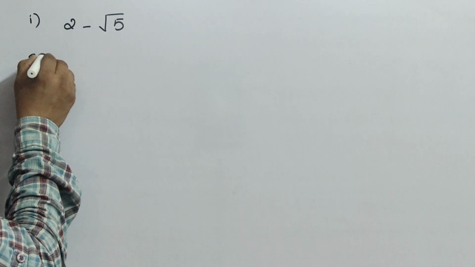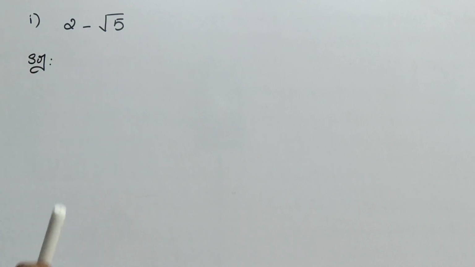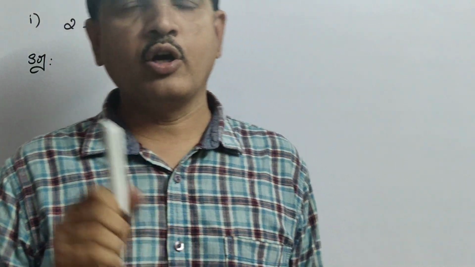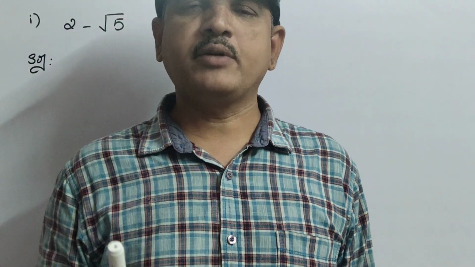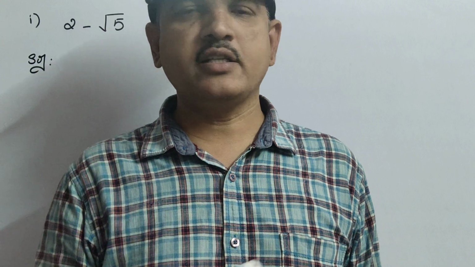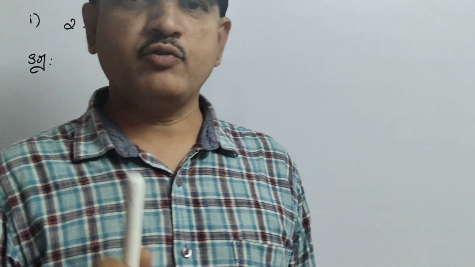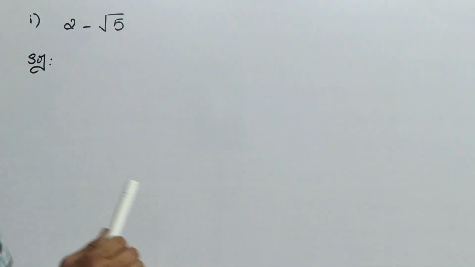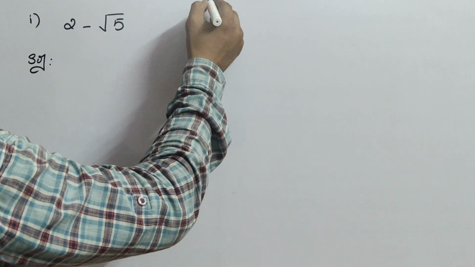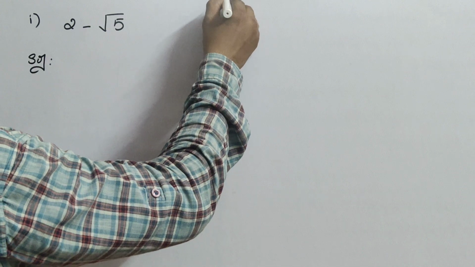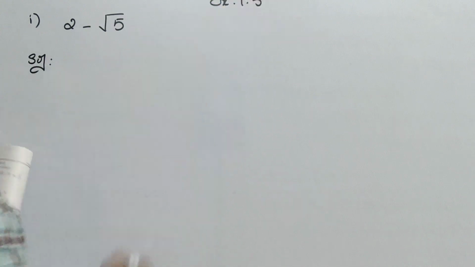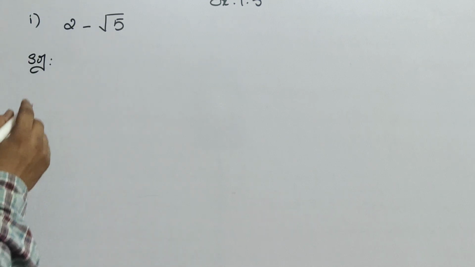You remember always, children, when you are adding a rational number and an irrational number, it is always irrational. When you are subtracting, rational number minus irrational number is always irrational only. So remember that one always. Now in your CW you can start writing exercise 1.5. Don't immediately start. First listen to the class. After that you can.